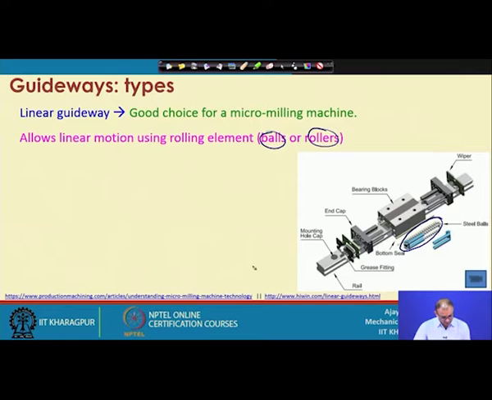So, basically, instead of a two flat contact, we are putting a roller in between these two. So, what is going to happen here is that the friction will be very less, because here the contact area was very large, but now the contact area is either point type in the case of a ball bearing, or a line contact if it is a roller. So, it is very easy to move those things.